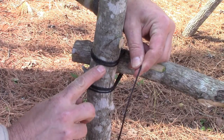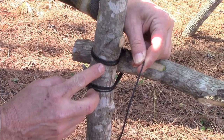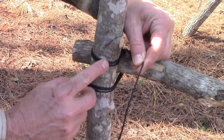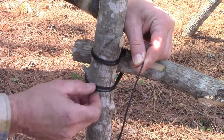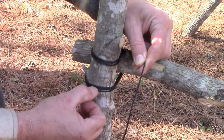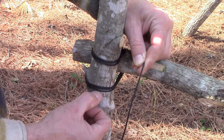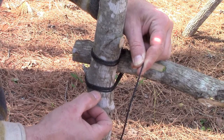This was my first wrap right here, my second wrap, my third wrap. I like to make them progress from the bottom up. I keep stacking them up. Same down here. It's just in reverse. The top one is my first wrap, then I've got another wrap on the bottom of that, and then the very last wrap that I did is on the very bottom of these